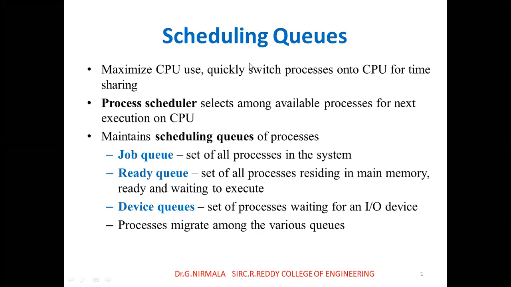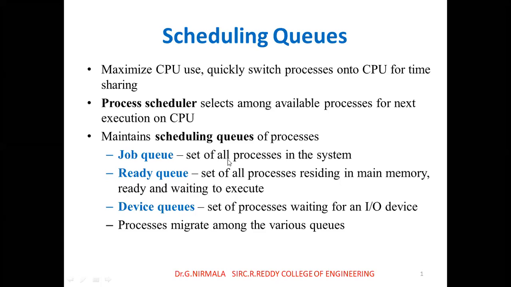Now, in today's session, we discuss scheduling queues. First of all, what do you mean by scheduling? It is one of the operations of a process. The operating system's main functionality is resource allocation with the help of scheduling policy. That means maximize the CPU utilization and minimize the memory requirements. Those 2 factors we have to consider. Based upon those 2 factors, we have to schedule the CPU.